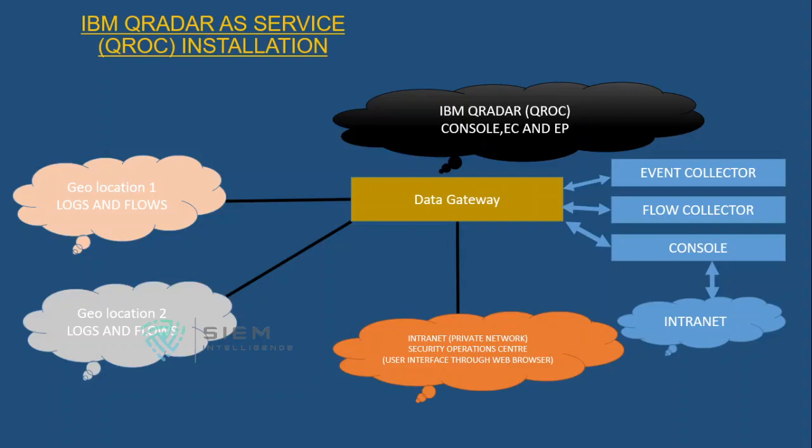You can integrate either way. See, QRadar is providing some QRoC application, that is IBM cloud, where there is something called a data gateway. For their compatibility, they used to have their data gateway. This will encode everything according to the IBM cloud. They will have a good communication with this data node along with this cloud. They can integrate for flow collection, event collection, console as good as our